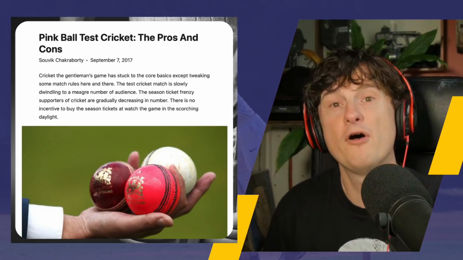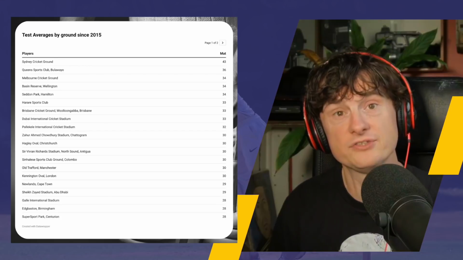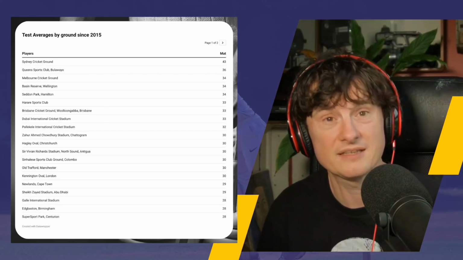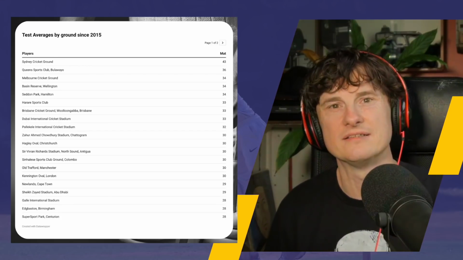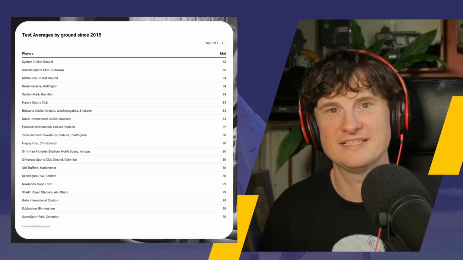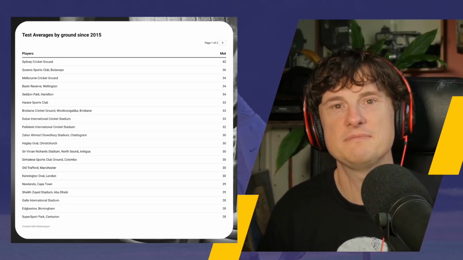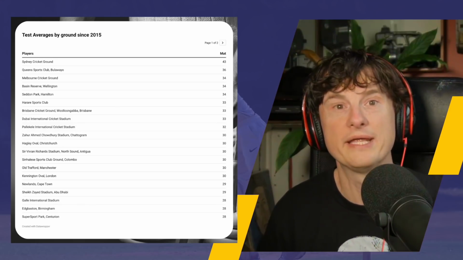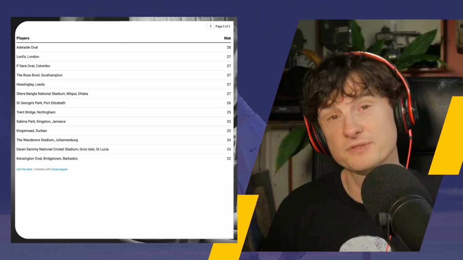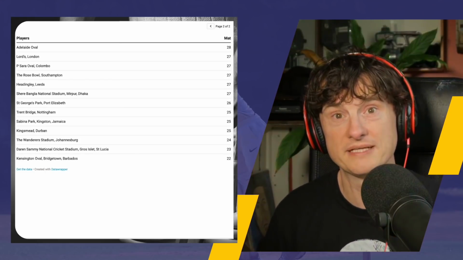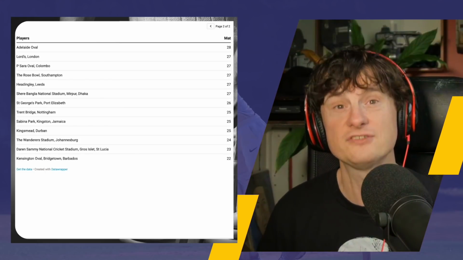And so we have this imperfect ball. And because of that, from time to time, we've also had to change the surface to protect the ball, which again is not really ideal. But in the time that we've had day-night test matches, there's actually been 4 test match venues with a lower average per wicket than those day-night tests. So it's not that day-night test matches are the most impossible place to bat. It's been impossible to bat in lots of different places.